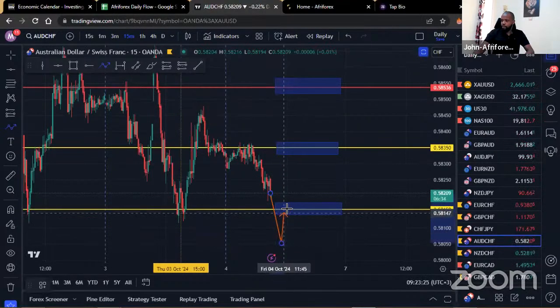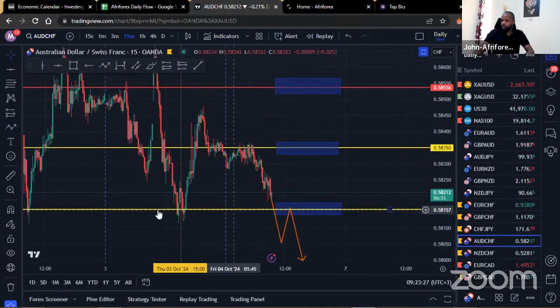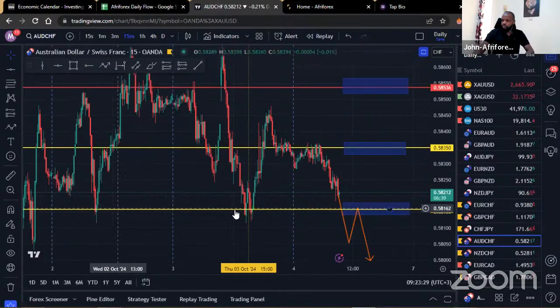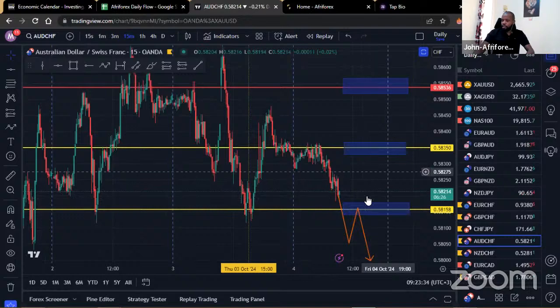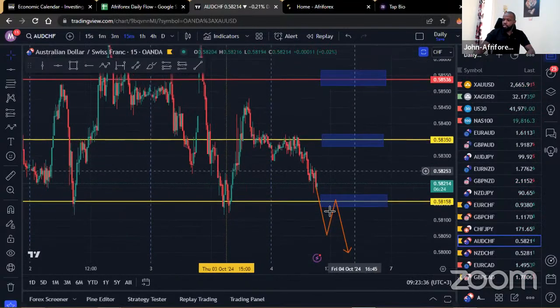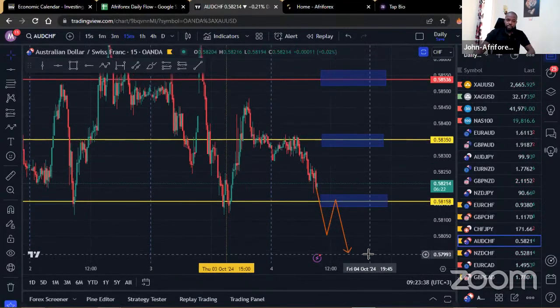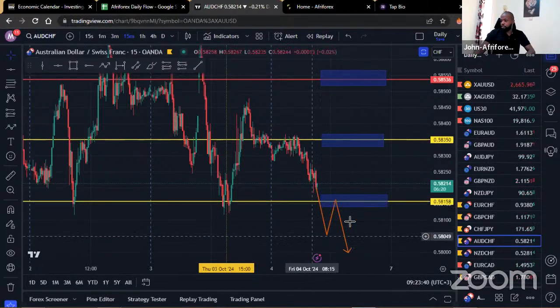Remember that we are coming into a region where we do have some buyers within here. You can see that they've reacted off here before. So we do need to see that they've been taken out. And the main thing that we need to see is the market break to the downside and still hold even on the pullback before we execute any selling opportunities. So watch out for that.